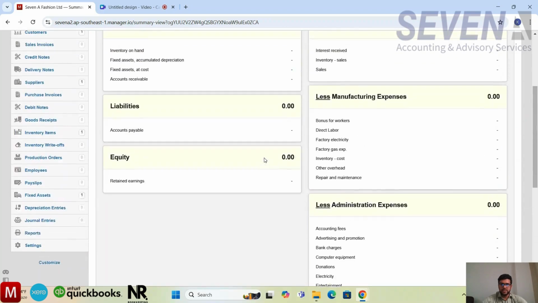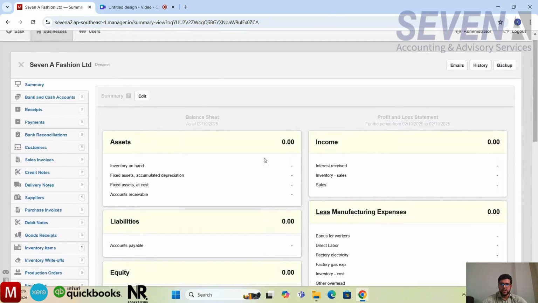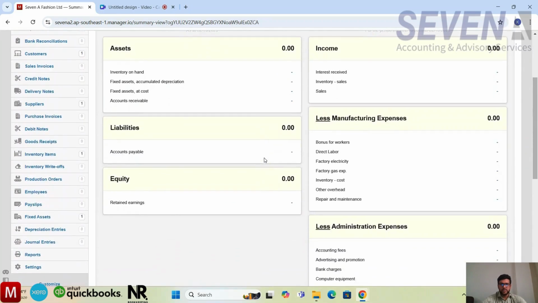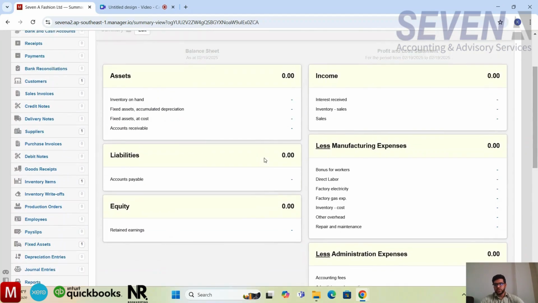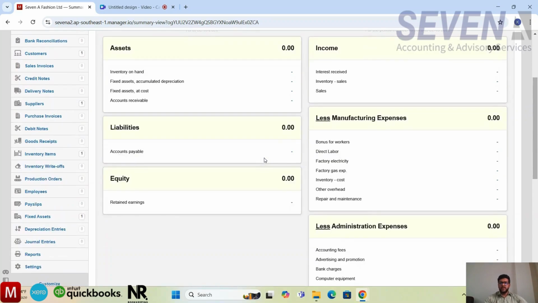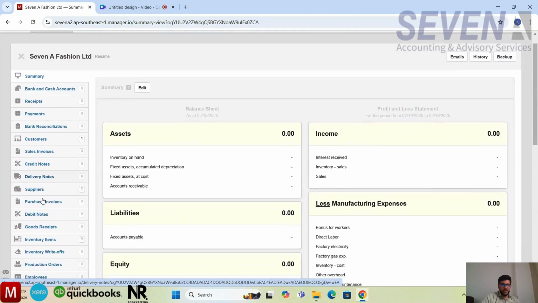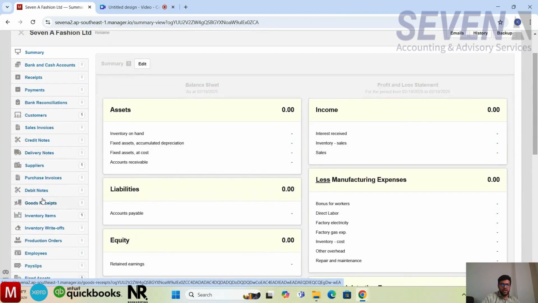Now I just showed you how to create a chart of accounts in cloud software. This is the process you can follow to arrange the accounting data of your business in a cloud accounting software. We have the full menu of the software, so I will discuss it in detail one by one